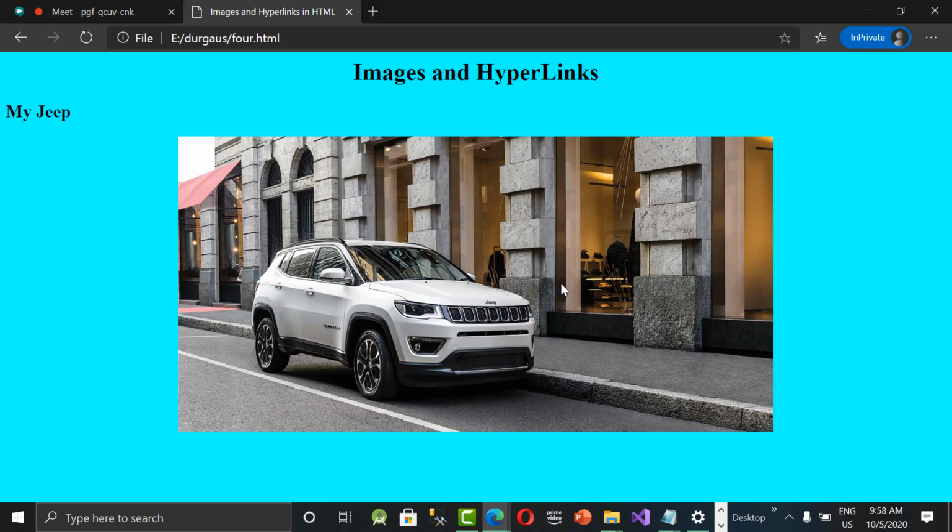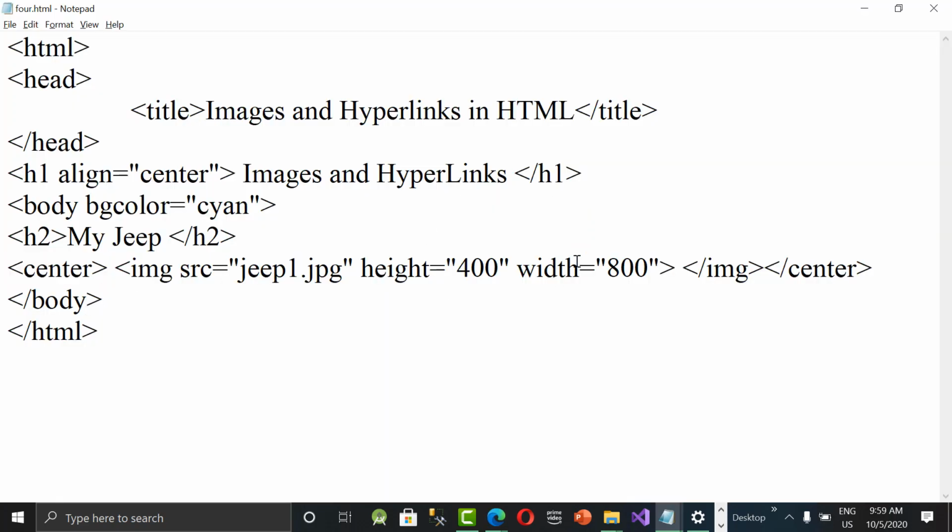And what I want to show is if you click on this image, I wanted to take you to another web page where I'm showing the full image of the car. Got my point? In that case, we can go for hyperlinks. First, let us see how to display. See, to buy this car, click on this image, like that we wanted to see, no? In that case, what we do is we go for hyperlinks. Let me show you hyperlinks here.